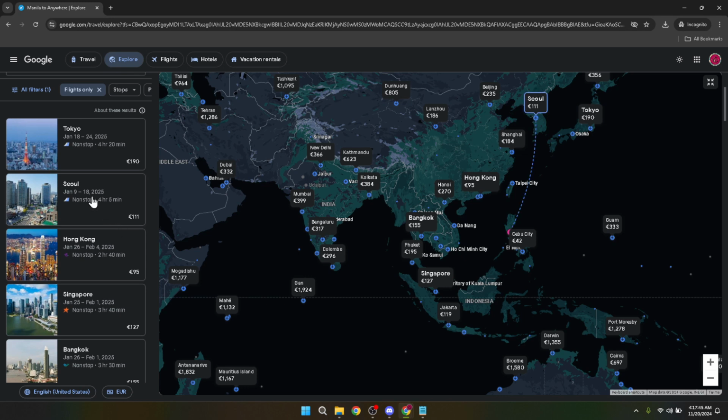Using these tools and tips on Google Flights can significantly simplify the process of finding the best flights for your trips. Remember, being flexible with your departure or arrival airports, as well as your dates, can unlock significant savings or more convenient travel